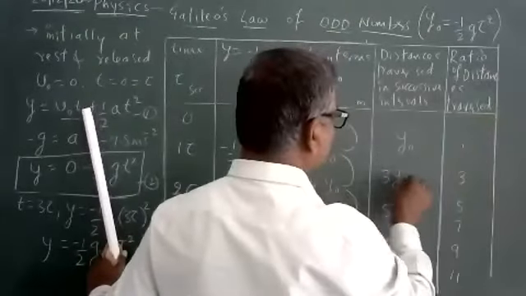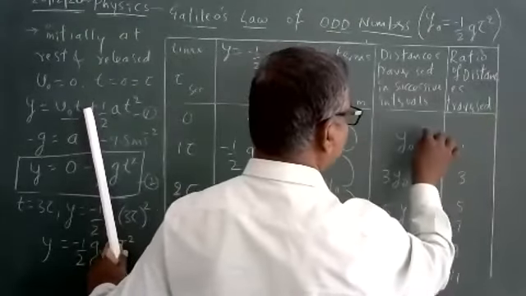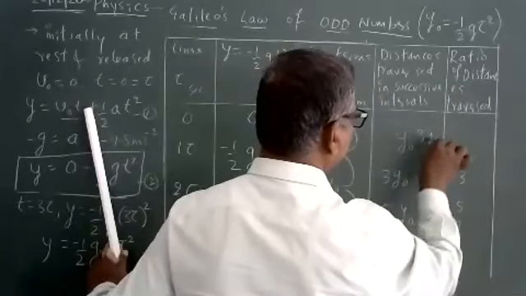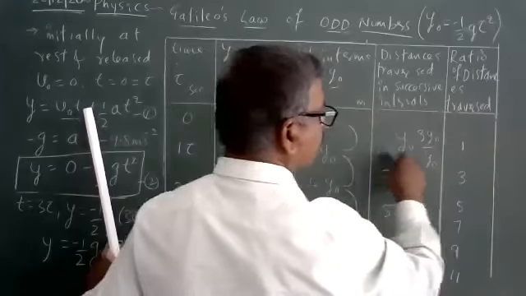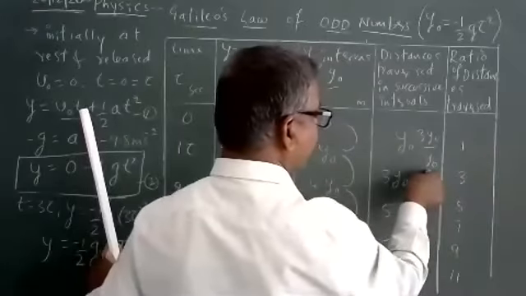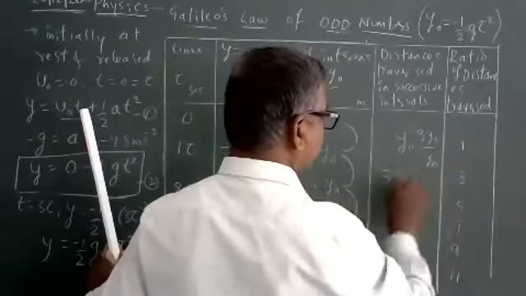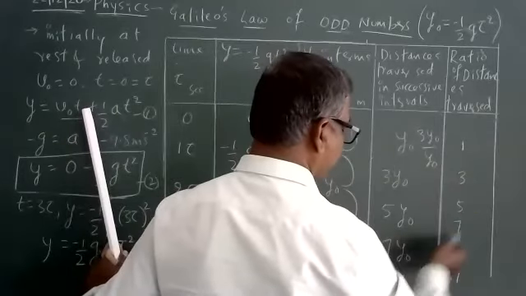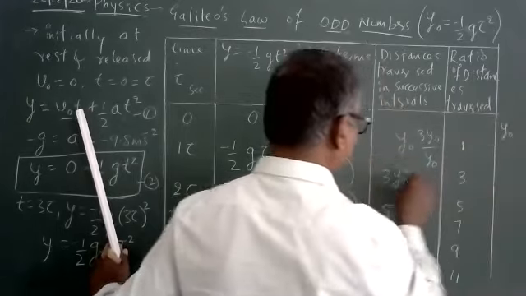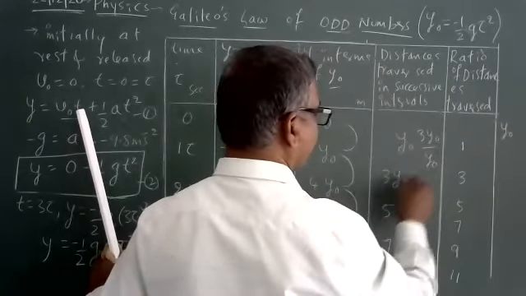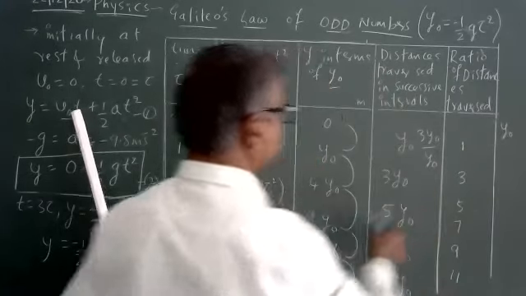When you take 3 y naught upon y naught, let me write it is 3 y naught by y naught. You'll get 1 first one, y naught by y naught 1. So everything we have to divide it by y naught. It becomes 1, it becomes 3, it becomes 5, it becomes 7, it becomes 9, similarly 11. Means divide it by y naught. Y naught means 1, 3 y naught 3, 5 y naught 5, just gone.